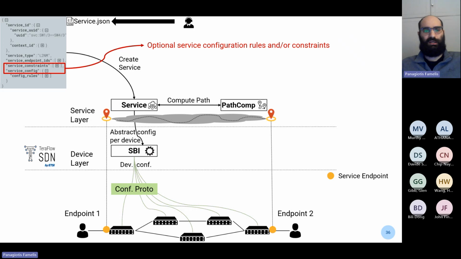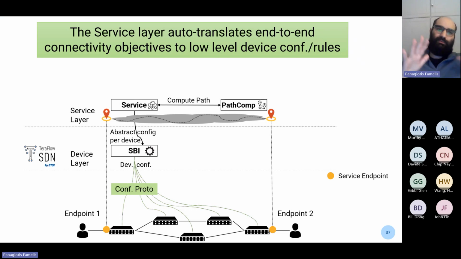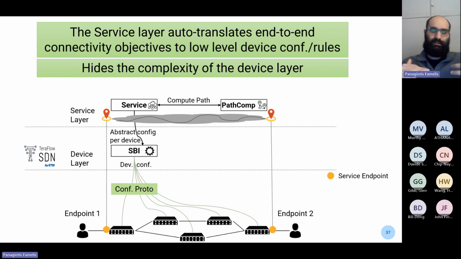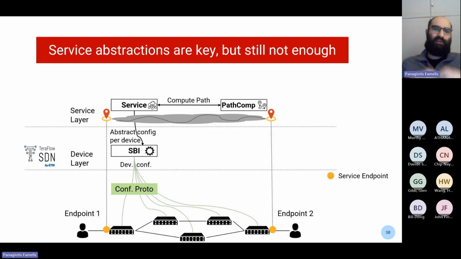For example, you could say that I want to exclude some specific switch, or that I want to put a cap on how many hops we will have for this service, etc. But even that, while it provides really good abstraction and the ability to configure, let's say, your services from a network-wide perspective, and also hides the complexity of the device layer. However, it also is not enough in the sense that we need some way to